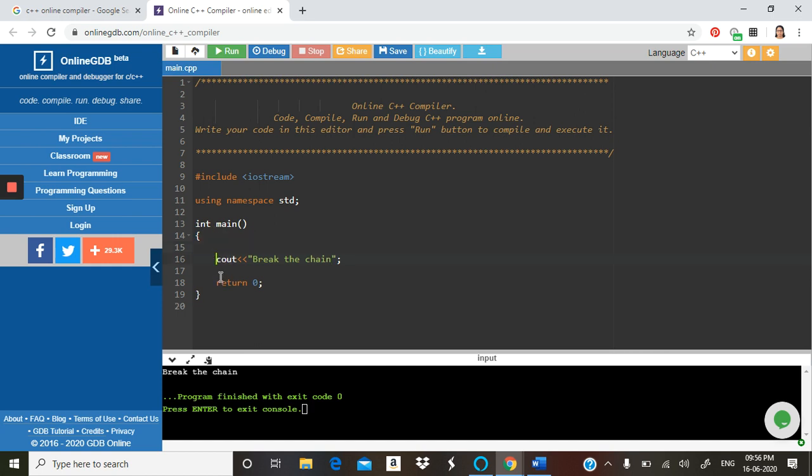Let us move on to one of the very common programs, like we want to add two numbers. So we will be storing two numbers in the computer, and I want the computer to add the two numbers and print the answer. To store the numbers, as I have discussed earlier, we need variables.